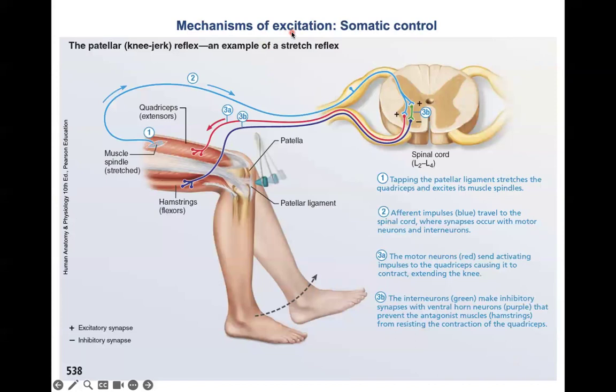Mechanism of excitation, well, we have here somatic control. An example is the knee-jerk reflex. I will discuss this in a separate part, but now just quickly go over it. We have here the tendon, okay? Then we have the reflex hammer. We tap the tendon here, the ligament. So then we activate